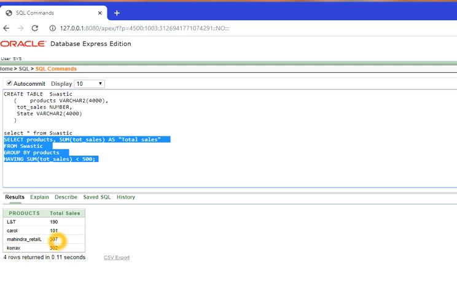You have seen that the new column total sales is coming because of that GROUP BY clause on the products, but only those values are coming where total sales is less than 500. So to put some extra constraint on the GROUP BY clause, we are using the HAVING clause.